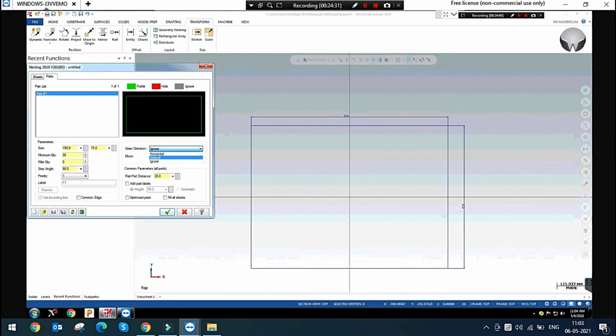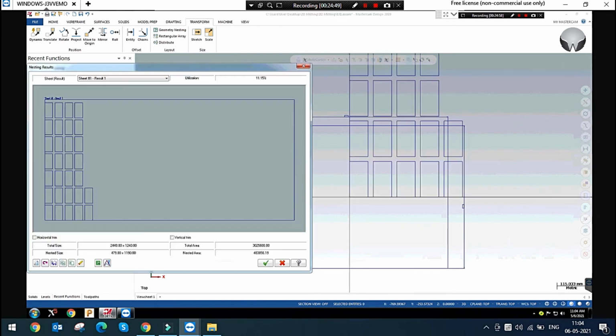You can see it has been horizontal. Just ignore this, it will be automatically defined. Just give OK.